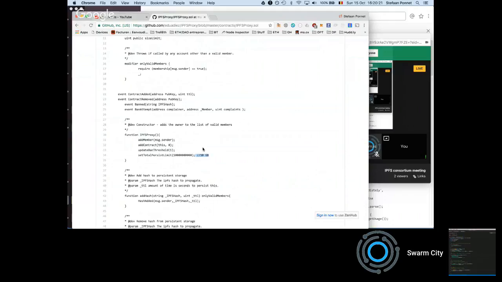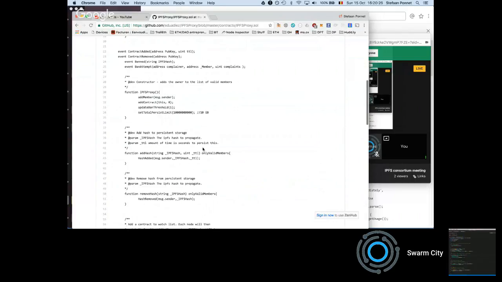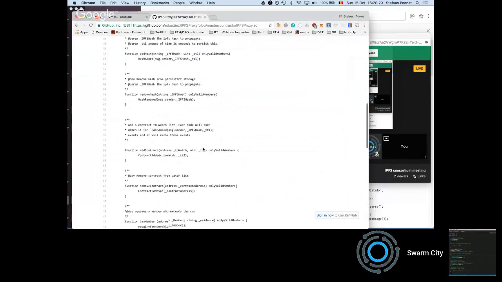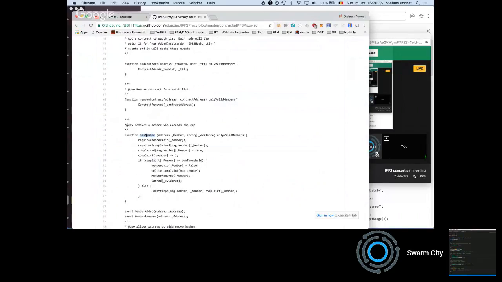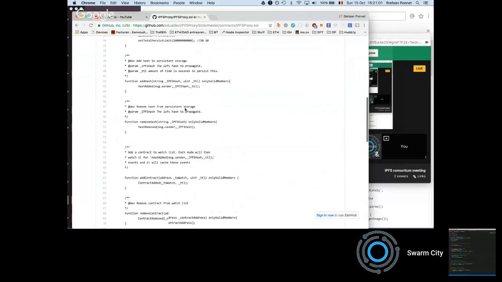If there would be people that abuse the system, there's a method, but that should probably also have the multi-signature thing later on, where people can actually ban a member. So if a number of members signal that a certain member is going over his quotum, then that member can be banned and it will temporarily be removed from the list. It can be added later on, but then you won't pin any further IPFS data from that member itself. So I think these are the broad lines of how the consortium would work right now.